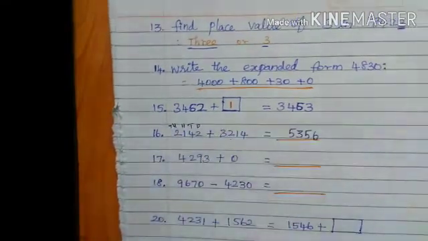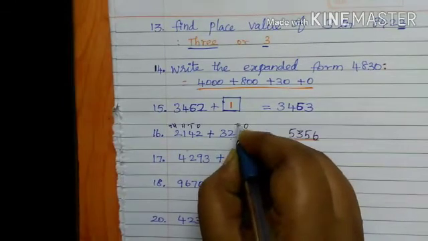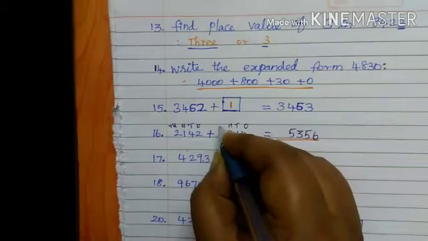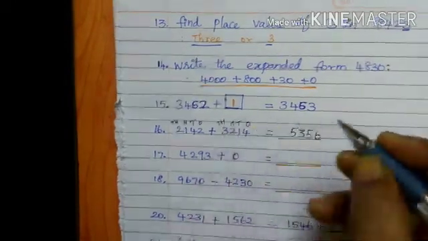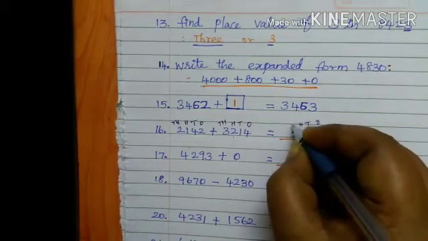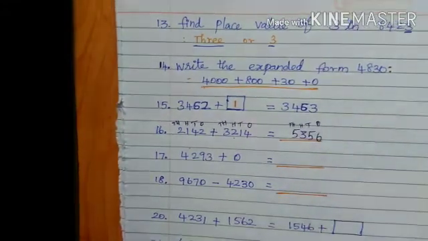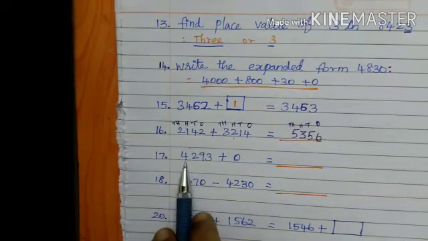First you separate here, after that it is easy to find out and add the ones, tens, hundreds and thousands. So here also you write ones, tens, hundreds, thousands. This helps you to do it correctly, then you get the answer with no confusion. You get the correct answer. Okay children, the next one.